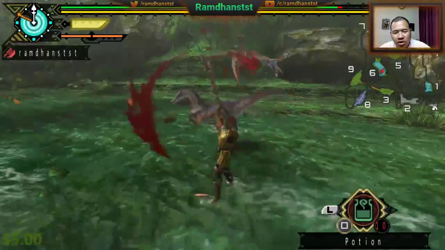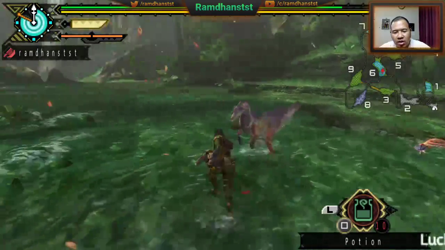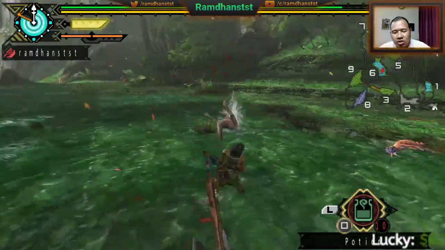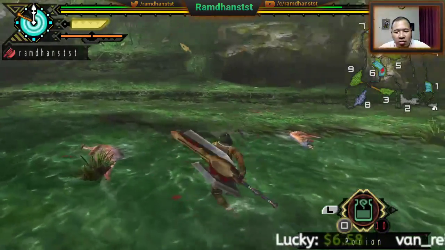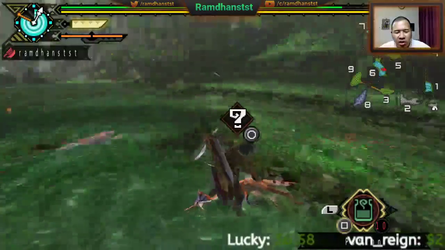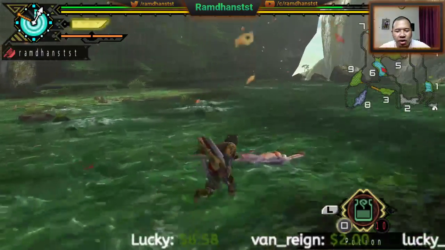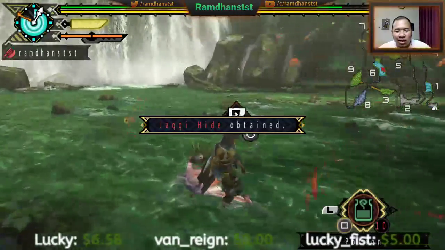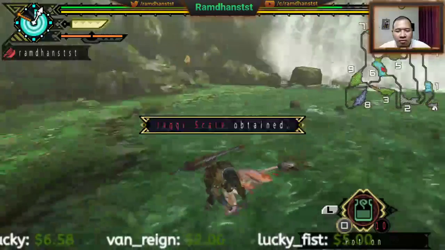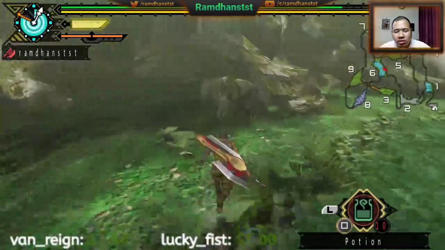So the thing in Switch Axe is that you have the biggest, not the biggest actually, you have the continuous damage with the speed if you already know the combo. But the thing is that you cannot defend with this weapon, so you really have to time when you have to dodge and when you have to attack and do stuff. So after this one,